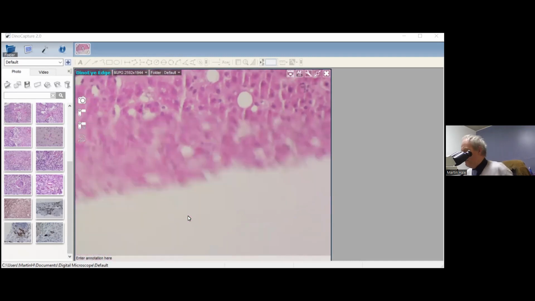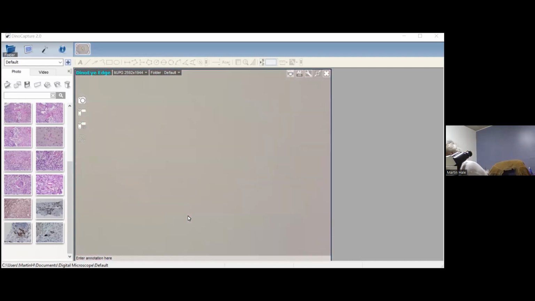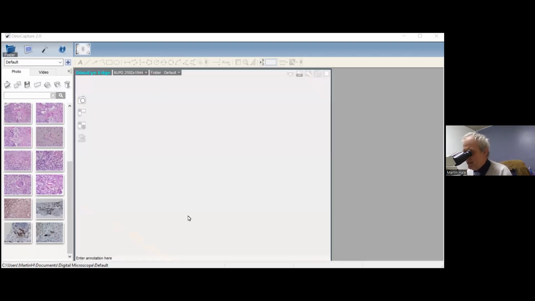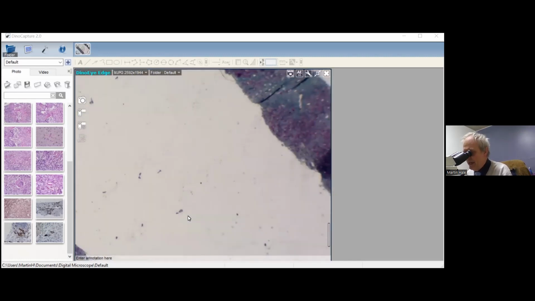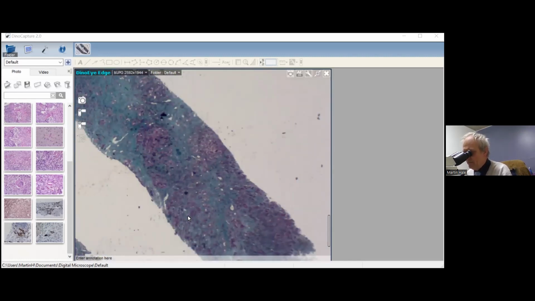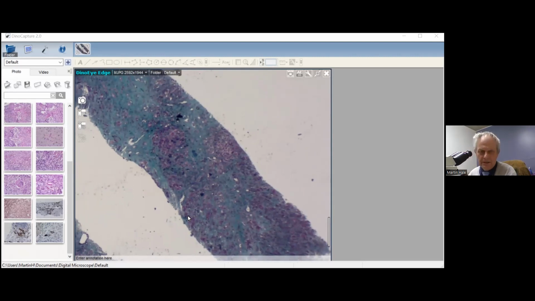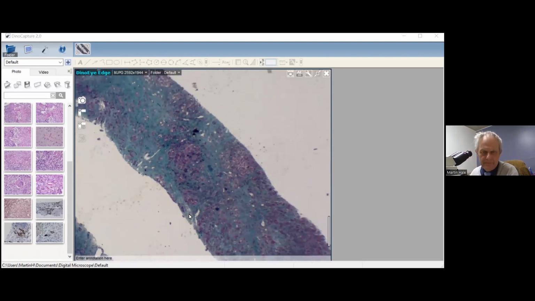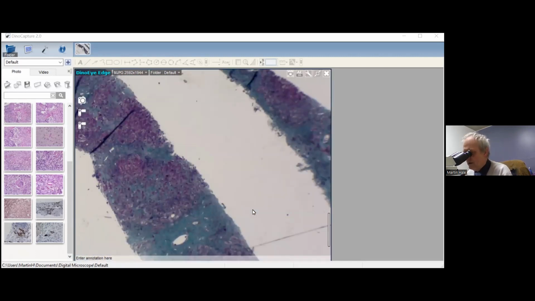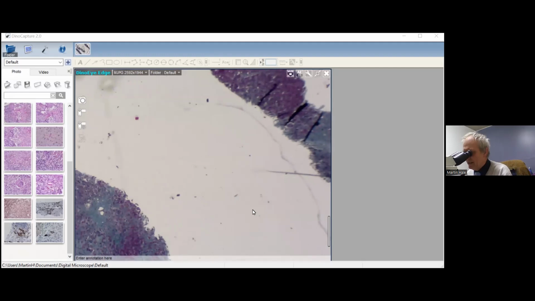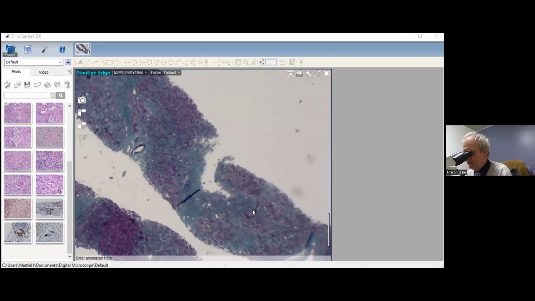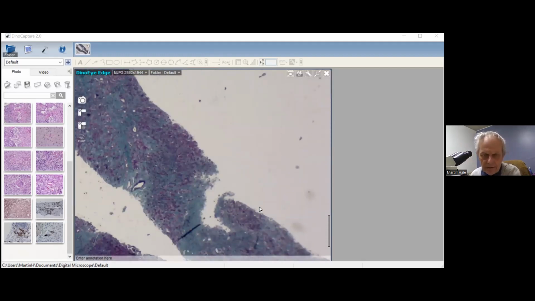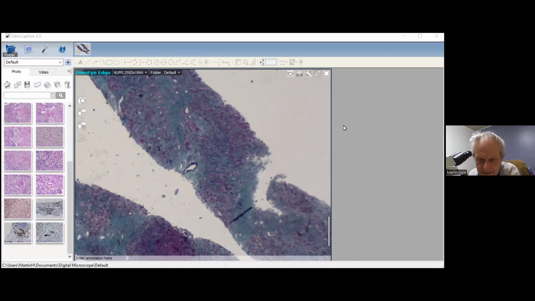So now let's look at the fibrosis score. When we look at the fibrosis score, and we have a look at the Masson trichrome, you can see that we've got these broad bands of fibrous tissue. Look at that there. Broad bands there, broad bands there. So this would be a score 4, and because they're broad bands of fibrous connective tissue, it would be a 4C. So we go back then to our diagram.